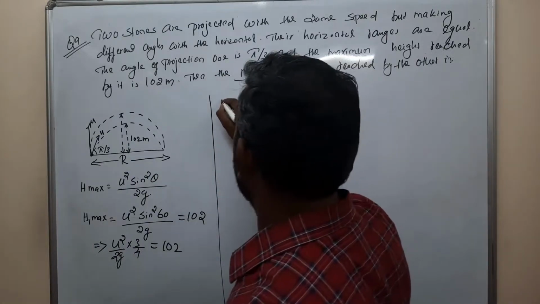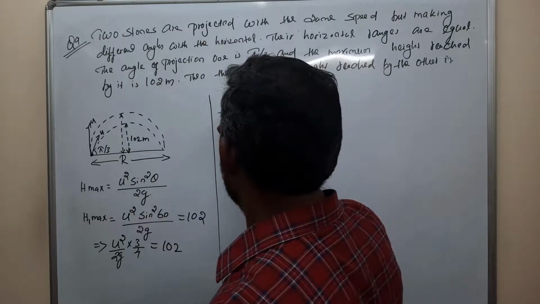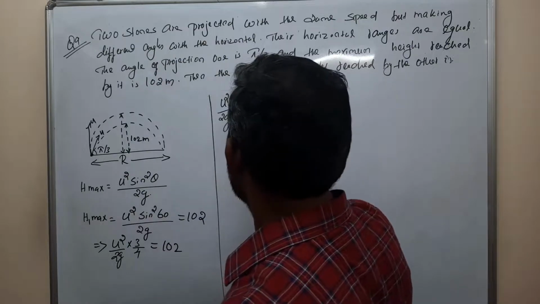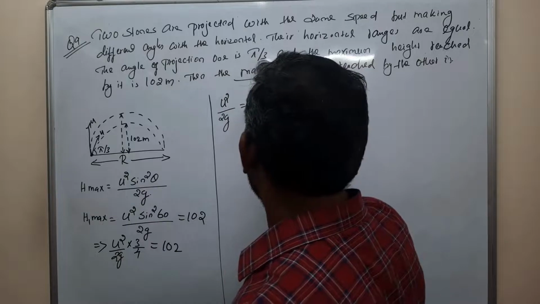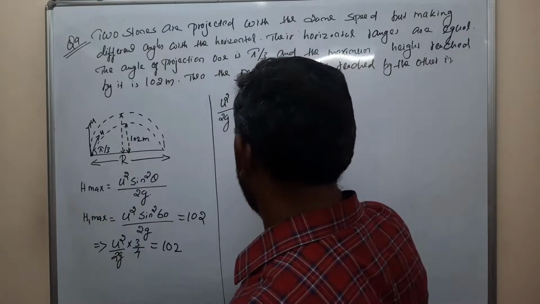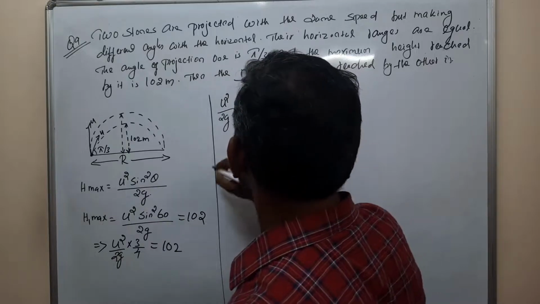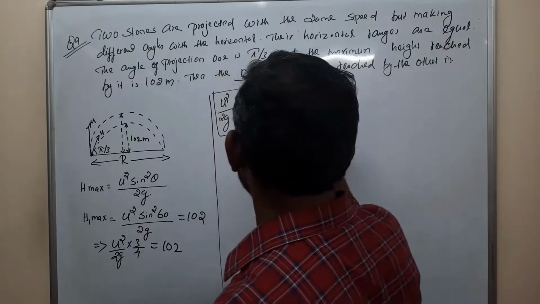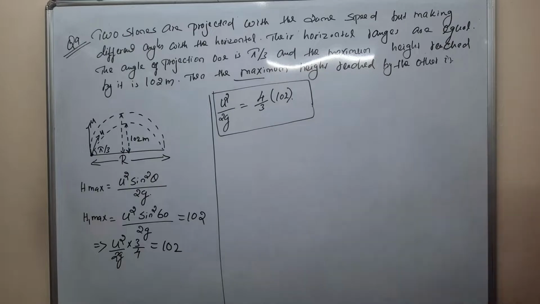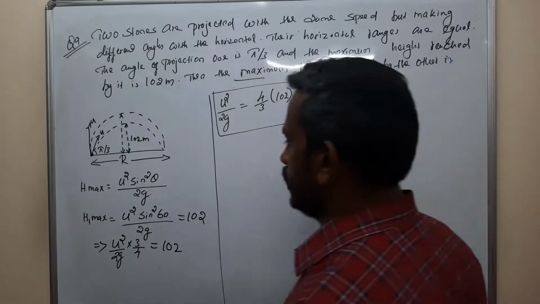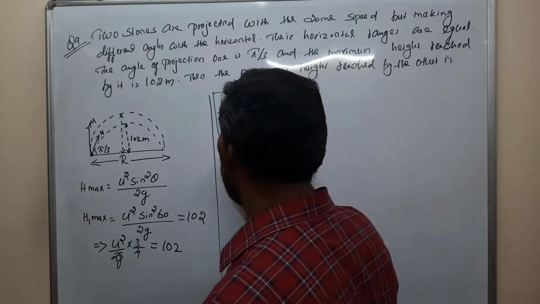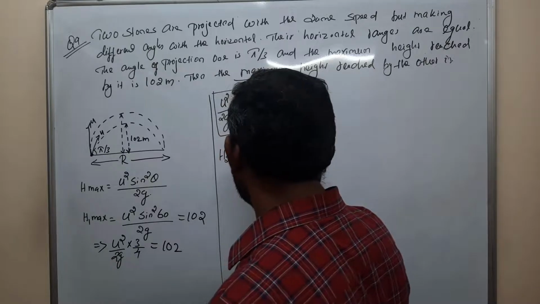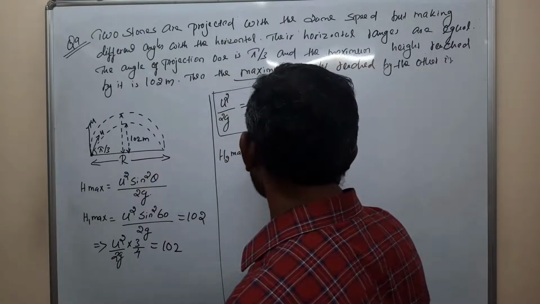So from this, u square by 2g is equal to 4 by 3 into 102. So the second H max, H2 max is equal to u square